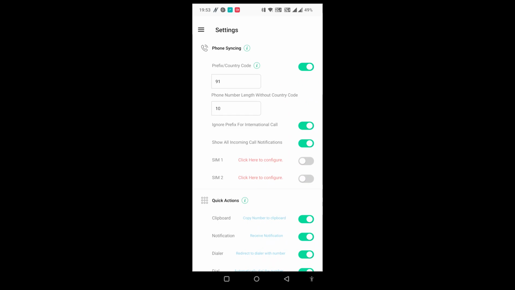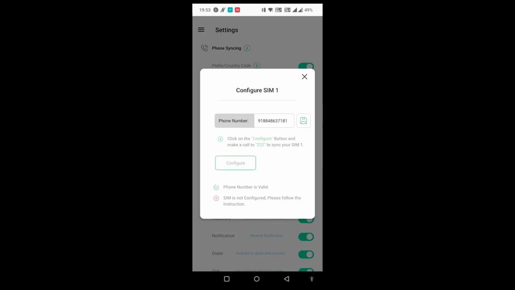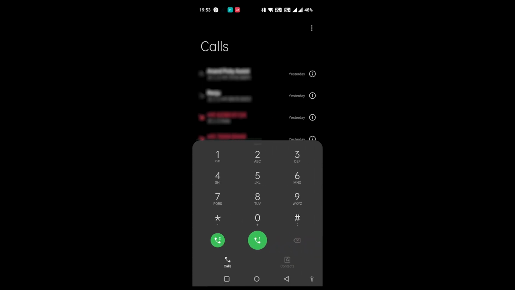Now we need to configure the SIM which we need to track with the help of Picky Assist app. I am configuring SIM 1 currently to track my calls. Click on the click here to configure written in red color against the SIM which you want to track. Type in the number linked to your SIM card there and click on the configure button. Make sure you are entering the number with 91. Now a dialog page will be opened